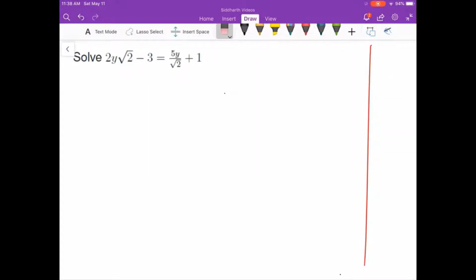In this question, we need to solve this equation for y. First, we will isolate all y terms on one side of the equation. To do this, we will add 3 on both the sides and subtract 5y over root 2 on both the sides. Doing so, we will get